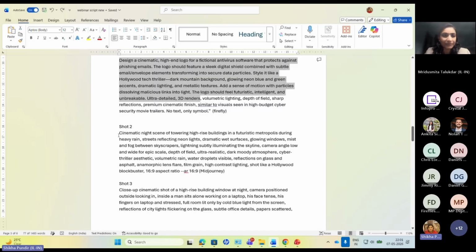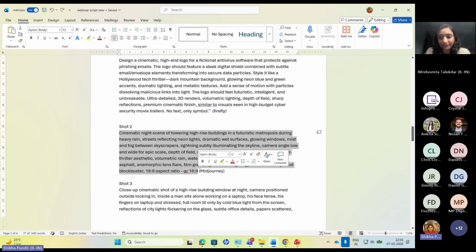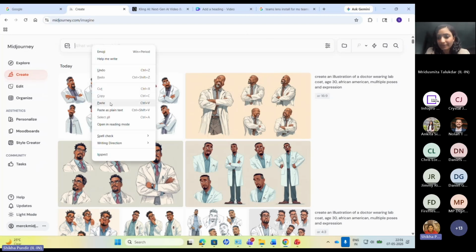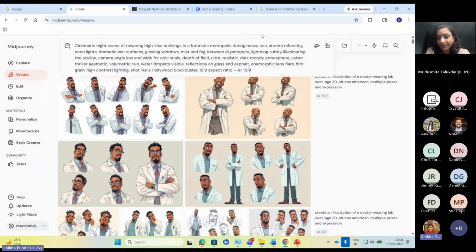So we'll just copy and paste the prompts, and then I'll share a few tips and tricks on how I generate the images accurately. As you can see in the prompt itself, I've mentioned everything like the environment, purpose, style, mood, along with the styling.